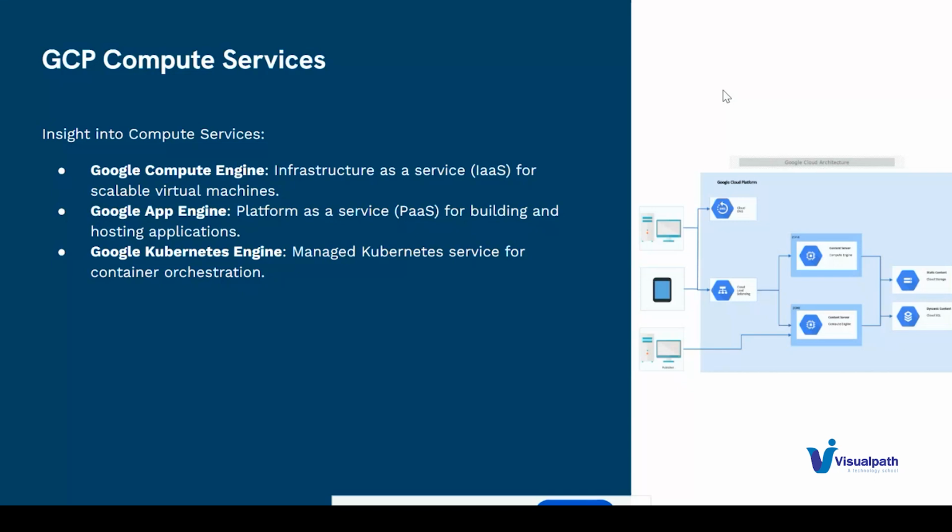Infrastructure as a service means we need to provision the infrastructure and we need to deploy our application in those VMs or Kubernetes Engine. And platform as a service means we only need to deploy our application. That's it. We don't need to worry about the infrastructure part. And the third one is software as a service, where we are not going to provision the infrastructure, nor deploy any application. We are just using that software like Google Drive or Gmail. These are developed by Google and we are just using them. Those we can treat as software as a service.